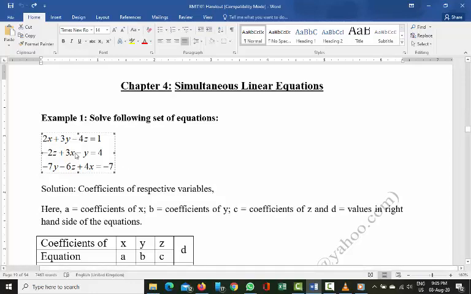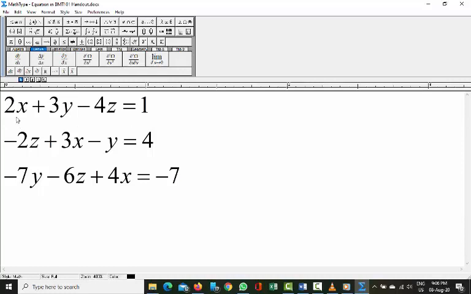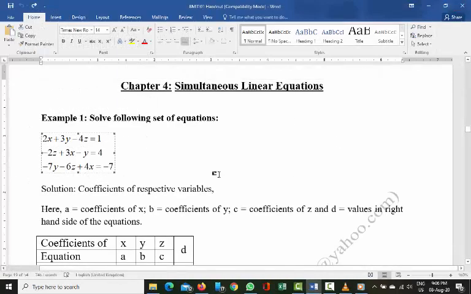So if you want to solve this set of equations, as you can see, here x is one variable, y is another variable, z is another variable. So we have 3 variables there. In the first equation we have x, y, z. In the second equation also we have x, y, z, 3 variables, but the variables are not arranged like the first equation. And again in the third equation we have x, y, z, but again the variables are not arranged accordingly. So if you want to solve this set of equations using a scientific calculator, what do you have to do?